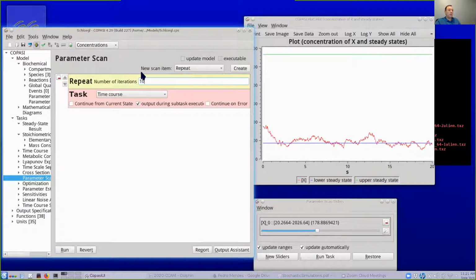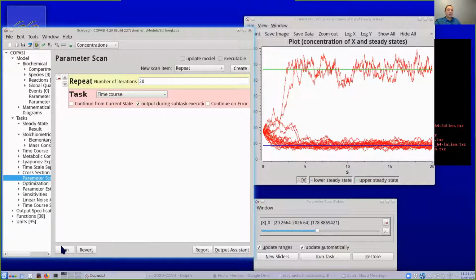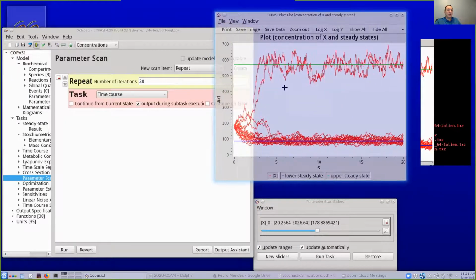I add here a repeat. The default is 10 values. I'm going to run 20. So I'm going to run 20 stochastic simulations, one after the other, and the plot will accumulate all of them. And that's the result. And you now might have seen a surprise here, because not only did you get several